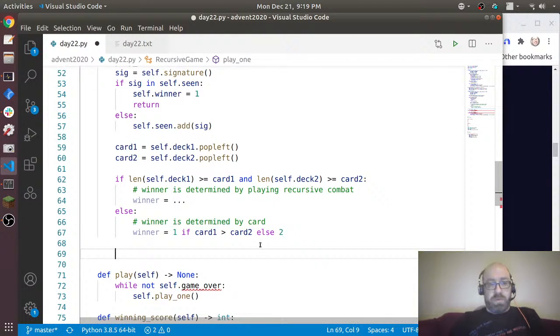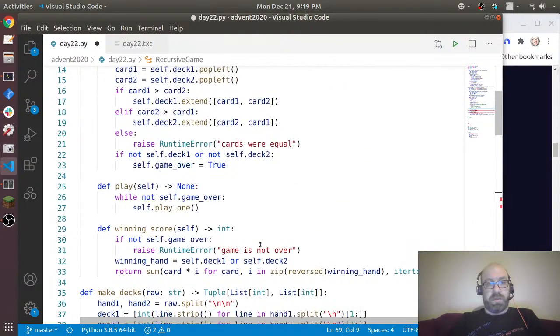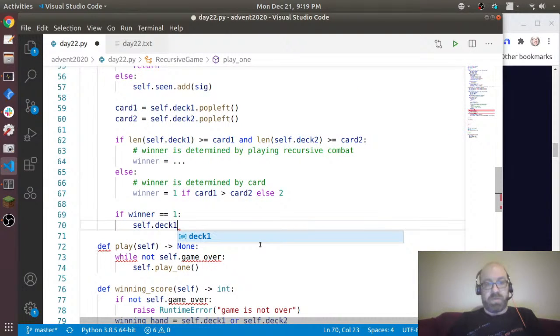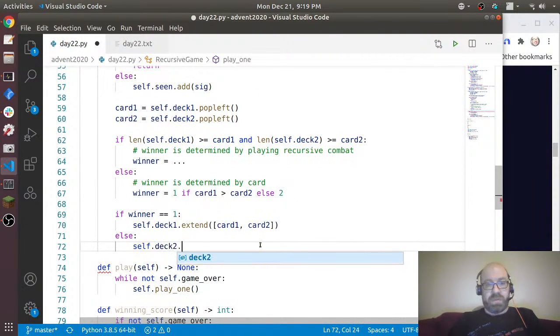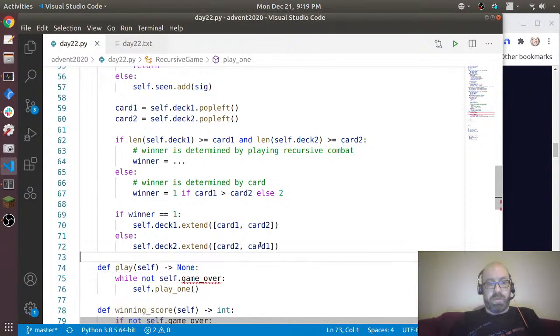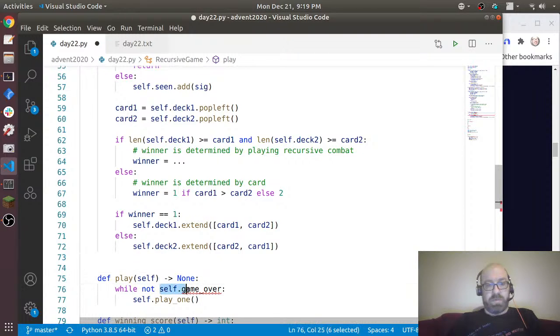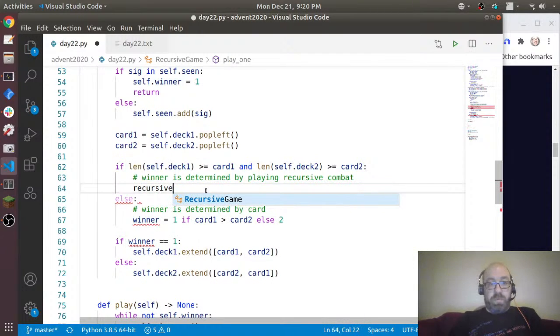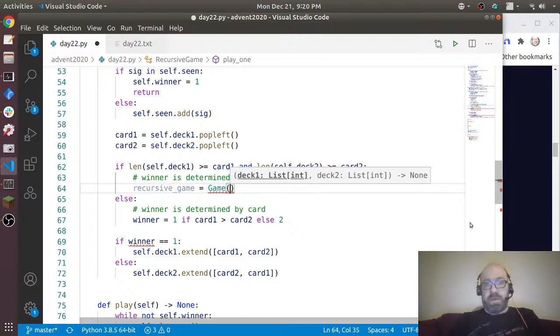And so now we want to say, again, if winner equals 1, self.deck1.extend(card 1, card 2), else self.deck2.extend(card 2, card 1). Okay, and that's it. And now this needs to change to self.winner. Okay, and now we need to play recursive combat. And so let's say recursive game equals game of